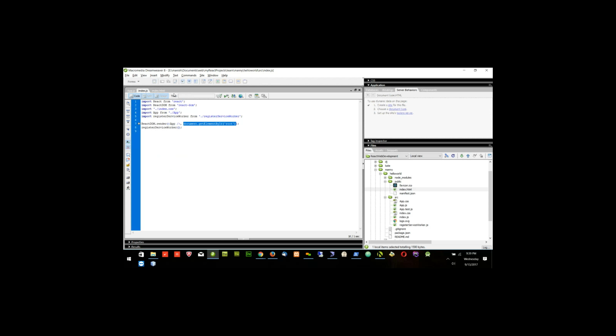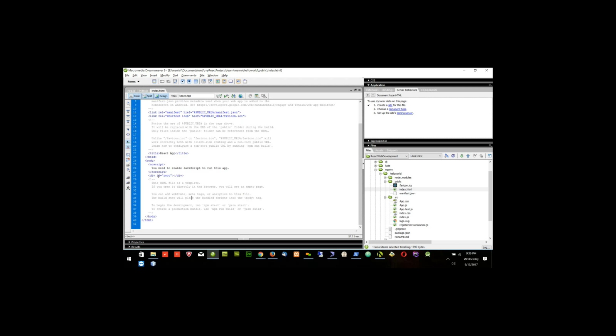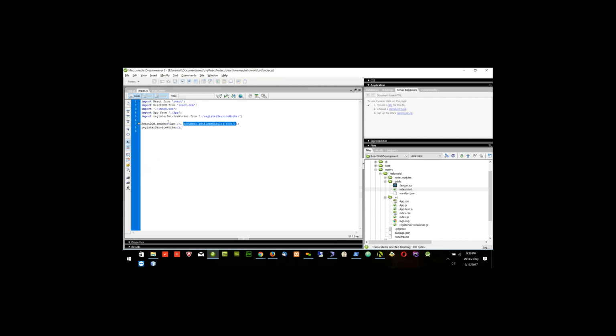So what I am doing in the index.js, I am taking the app component and inserting it into this ID. What is the ID? document.getElementById root. So I am inserting the app component inside this ID, that is inside this div tag. Is that clear? So tomorrow, if I don't want to put the app component, I can also put